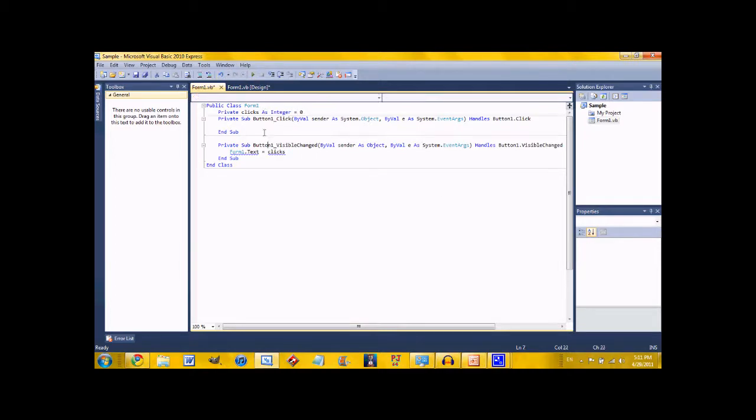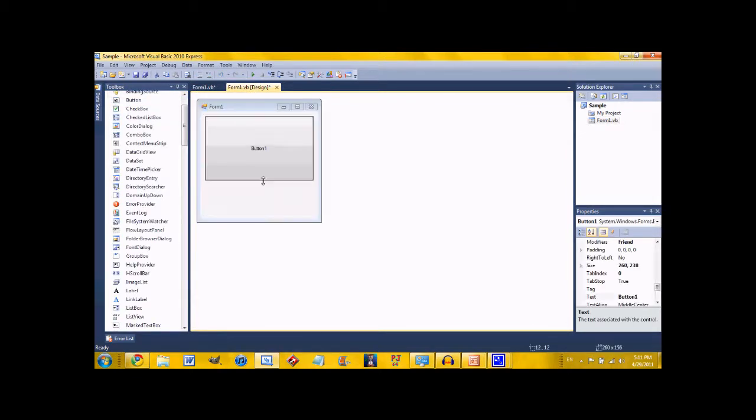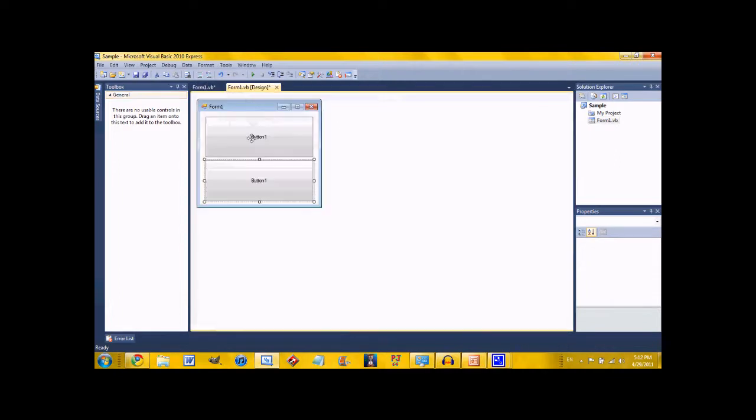Okay. Usually I can just put form1, but yeah, me.text. Now, I'm going to take this button, resize it, and make a second one. I'm going to take this one's click method, and I'm going to say button, wait,